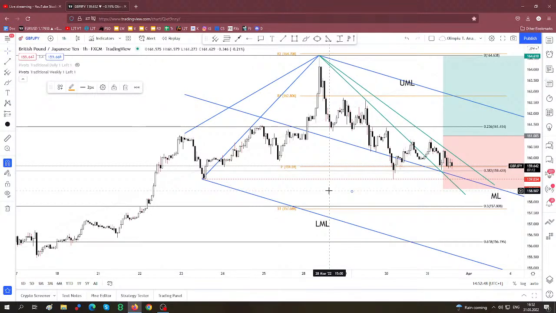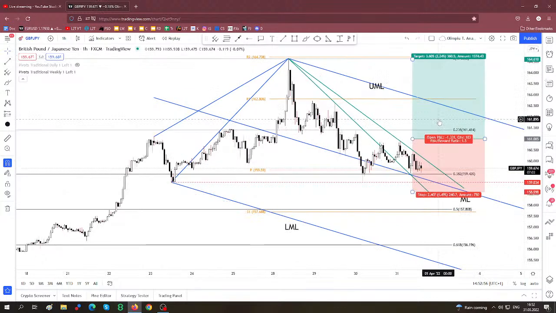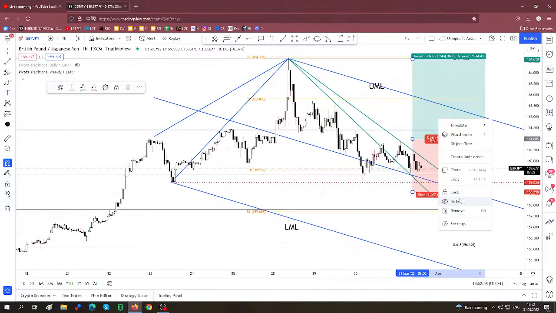Maybe a long, a buying opportunity, but I will hide it from here because right now it's far from being confirmed. I want something like this. So we have a support zone here, test, retest, false breakdowns, and a valid breakout could signal a potential new leg higher. So this is one of my scenarios, and maybe I also have something like a short setup opportunity,